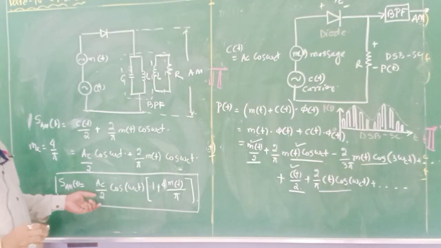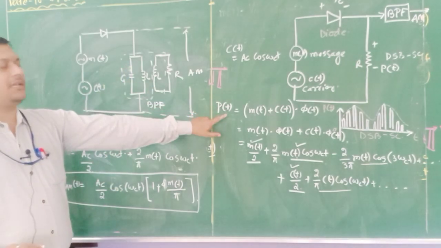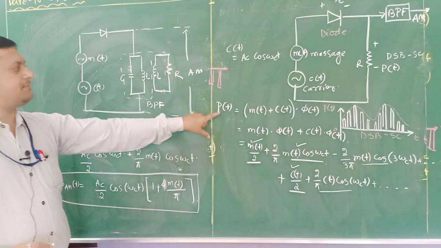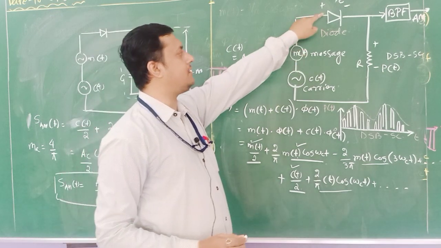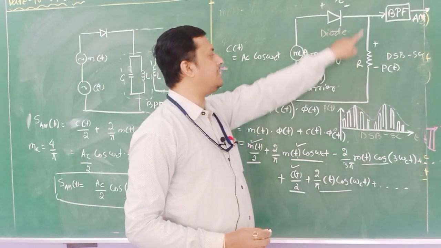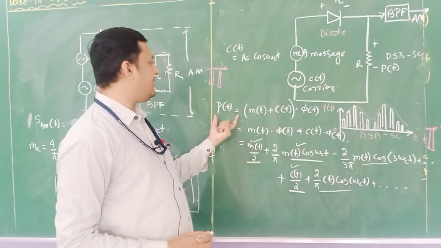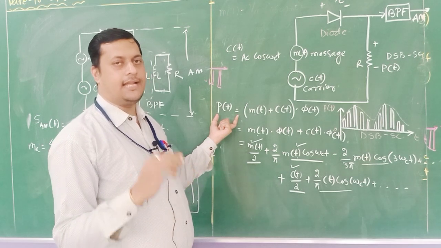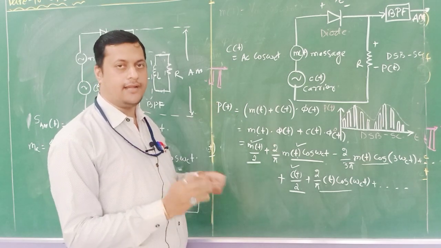Okay, so this is the AM signal we have generated after passing this P of t through a band pass filter. How are we getting this P of t? By adding carrier to the message component provided to the switch. Whatever output is available at this is called the DSB-SC signal. So this P of t is generating the AM signal as well as the higher frequency components, which need to be filtered out to generate the AM signal.